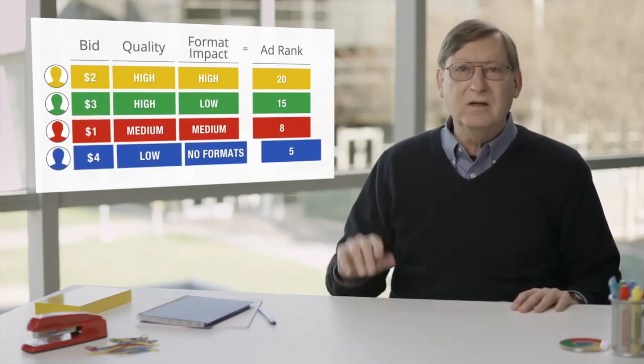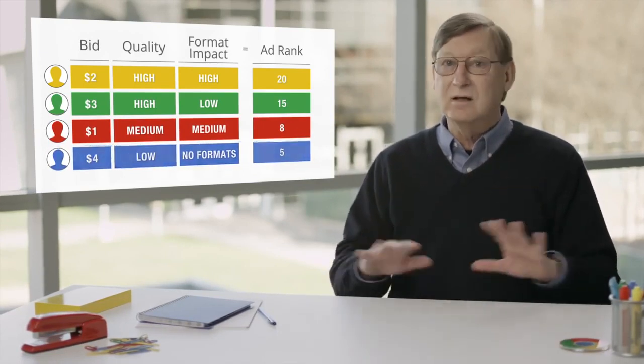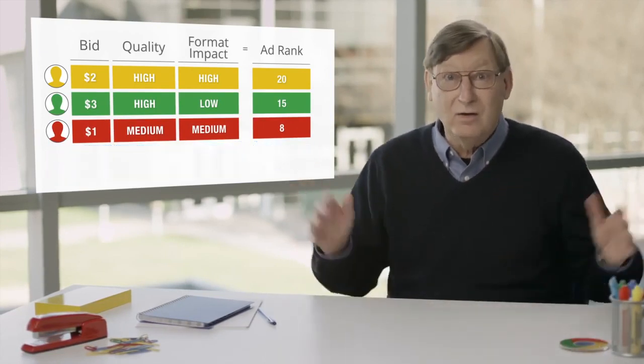The advertiser up here, who's bidding $4, has such a low quality and format impact that it doesn't get a position on the page at all, despite having the highest bid. So now we know how the ads are ranked, but how much do you actually pay for a click? Well, you pay the minimum amount that's necessary to maintain your position and any formats that are shown with your